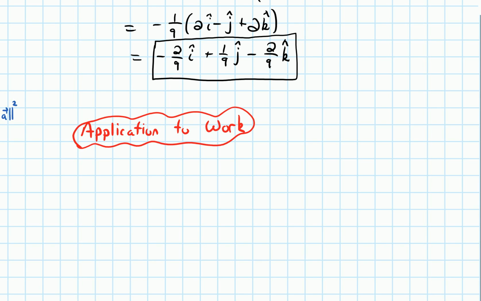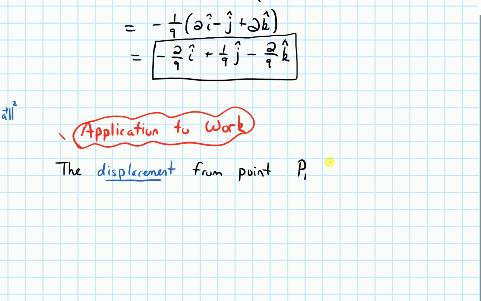In this video, we're going to talk about applications of the dot product to the concept of work in physics. I want to begin by recalling a definition of displacement. This is something that you would have seen in calculus, and if you have taken physics, you would have seen it in physics, but definitely in calculus. So the displacement from point